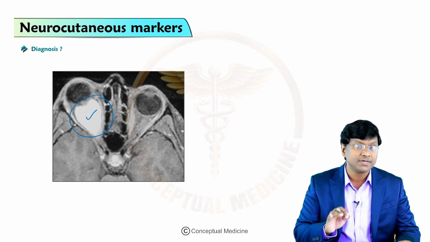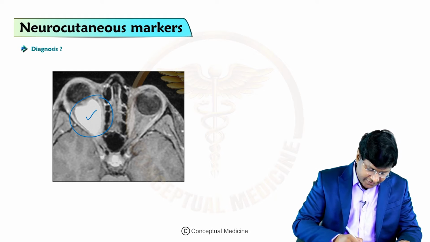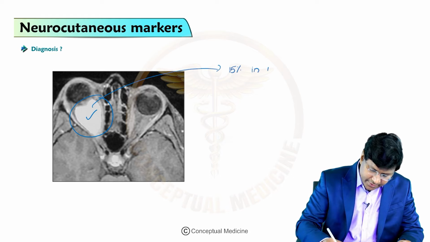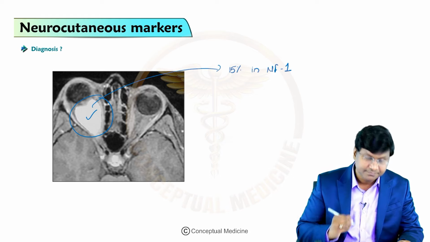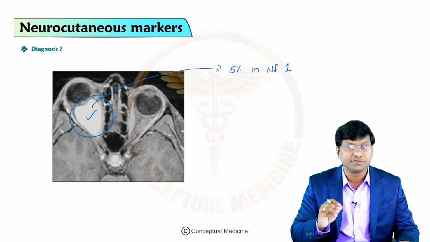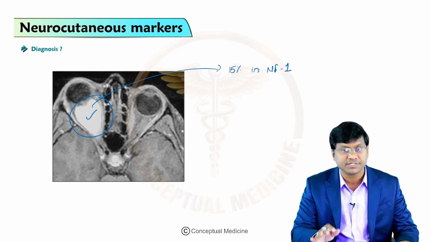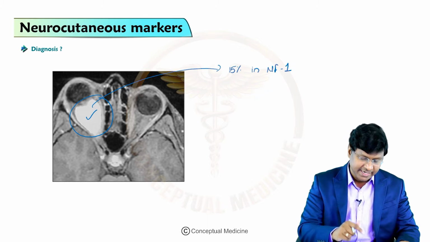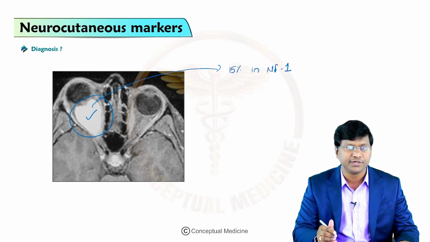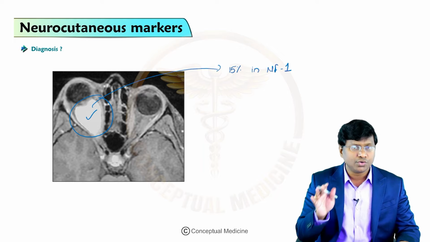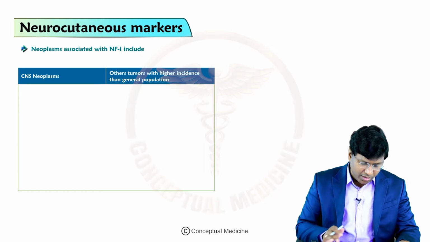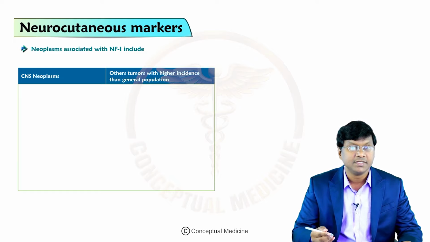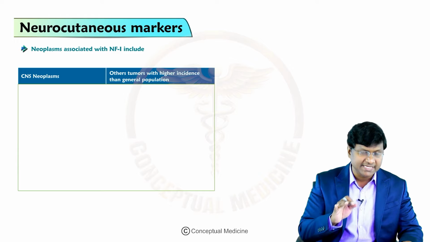And these optic gliomas are present in approximately 15% of patients in neurofibromatosis type 1, right? How common are they? They are seen in almost 15% of patients with neurofibromatosis type 1. And its presence is included as one of the criteria in establishing the diagnosis of neurofibromatosis type 1. So, if you take the overall CNS neoplasms in neurofibromatosis type 1, I'll just give you a mnemonic